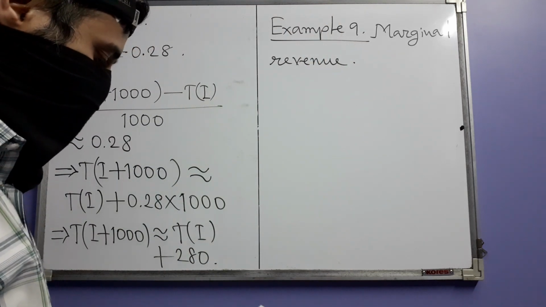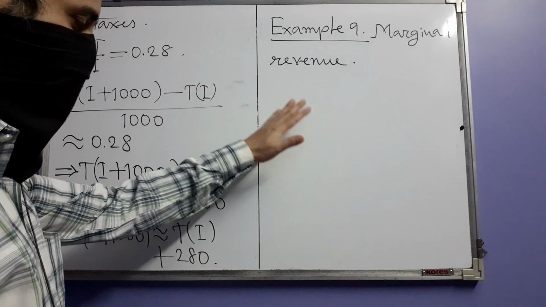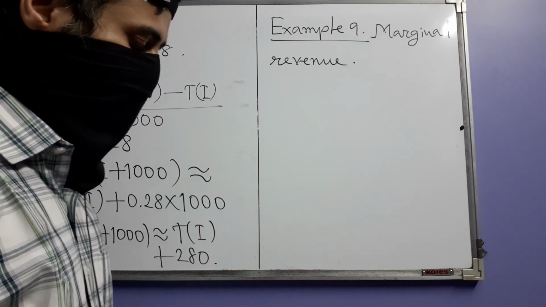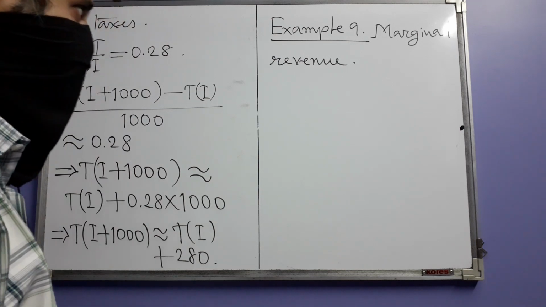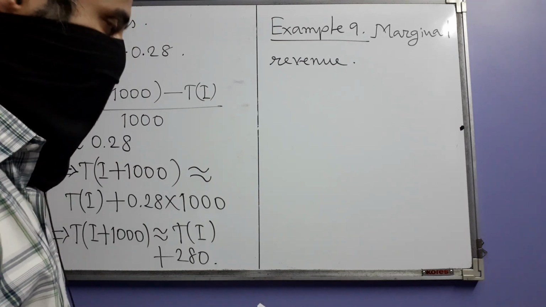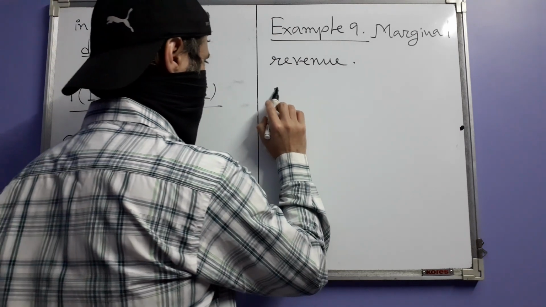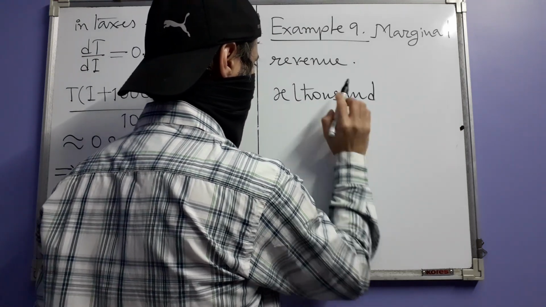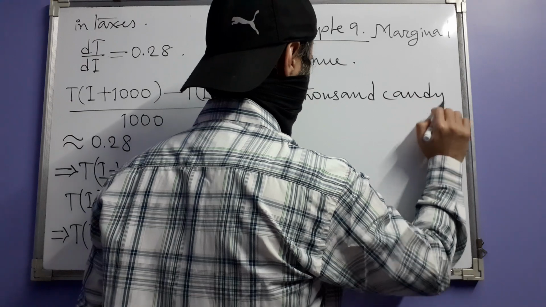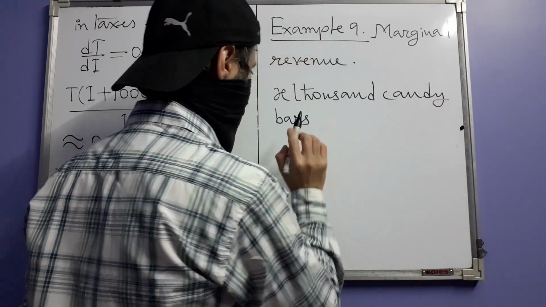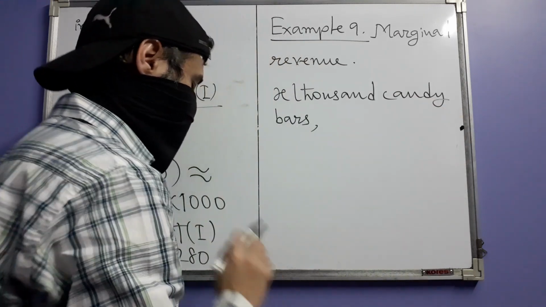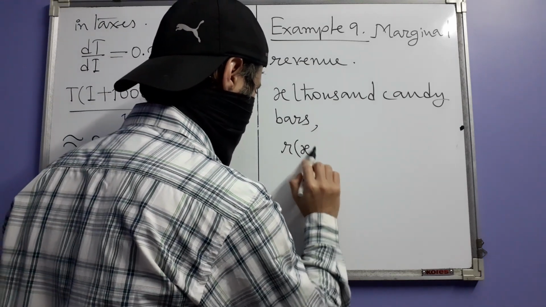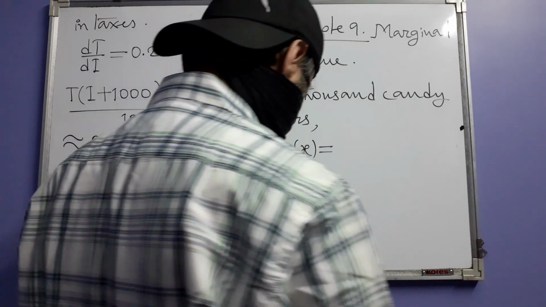Marginal revenue. I won't write everything down, okay? Suppose that you are selling candy bars, and for every x thousand candy bars that you sell, the revenue that this sale generates is given by this formula: